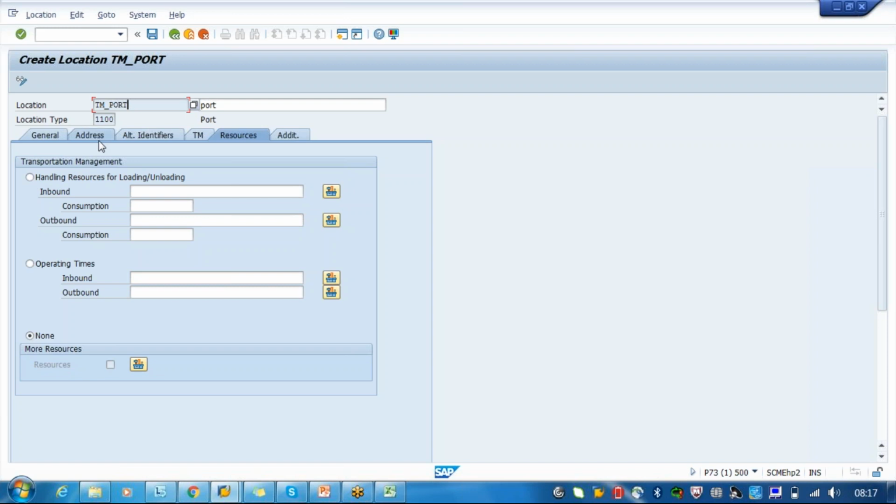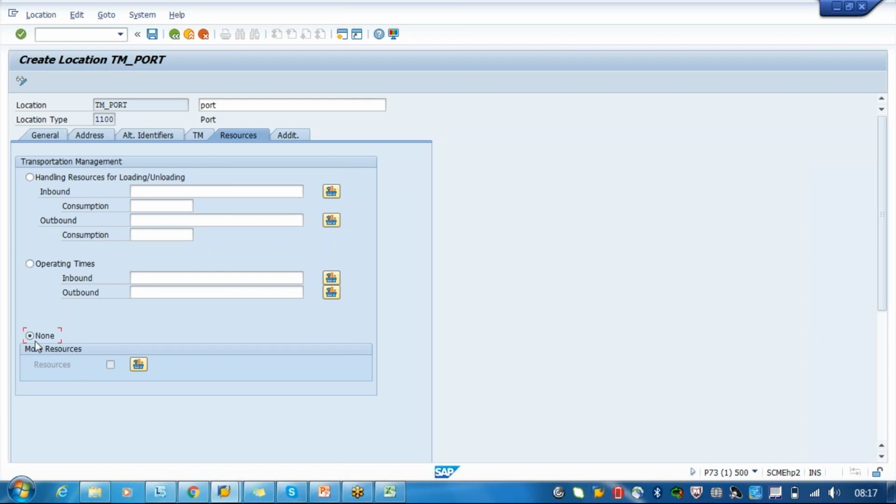So for this location, we want only the handling resources and operating resources. Why? Because handling and operating resources are only useful in case of your scheduling. Okay, so this location data is mainly concerned with the scheduling part. And if you don't want, you can just say none.